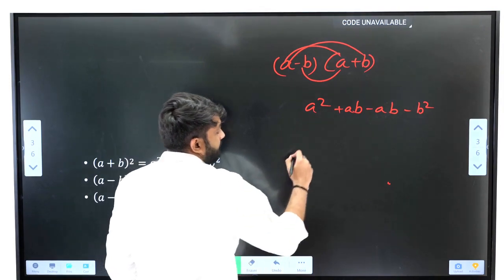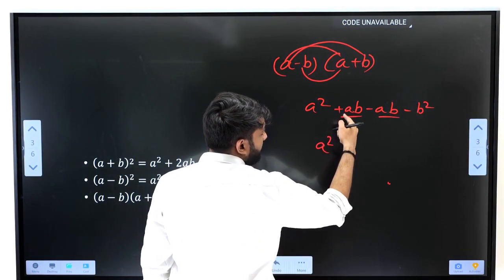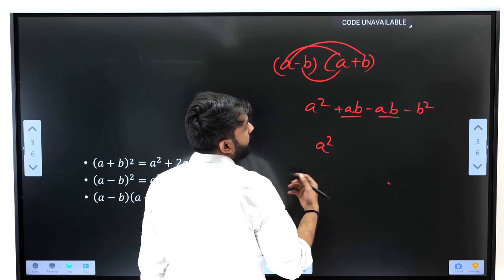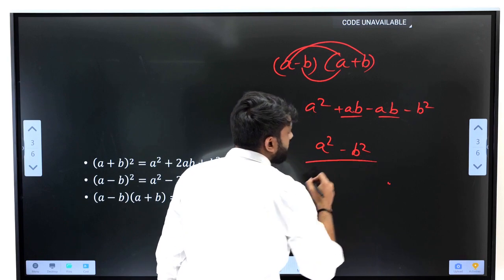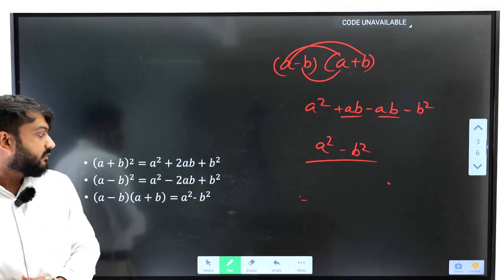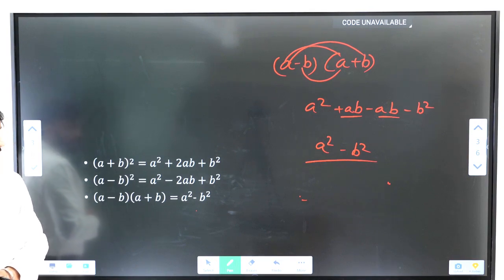Right? So like terms can be added or subtracted. You can think of this as 1ab minus 1ab, or 1 minus 1, which is 0. So it gets nullified. So then we are left with a square minus b square, the outcome of this identity. So I hope this